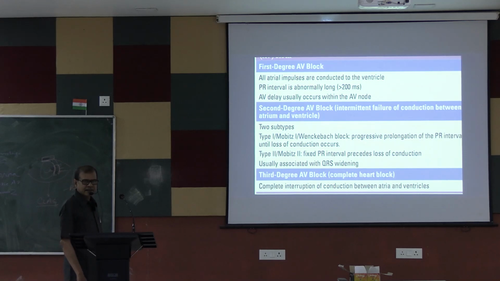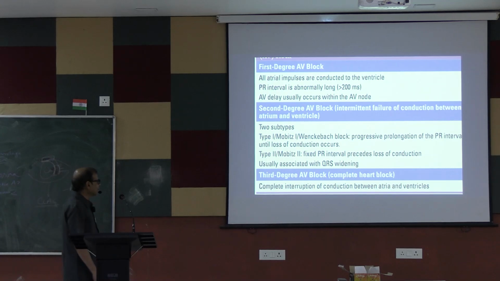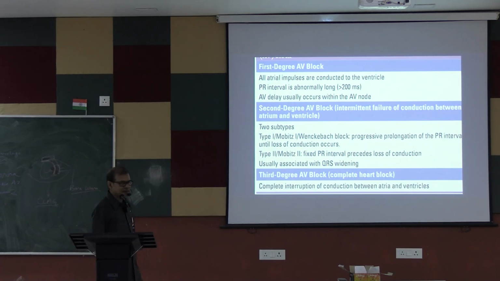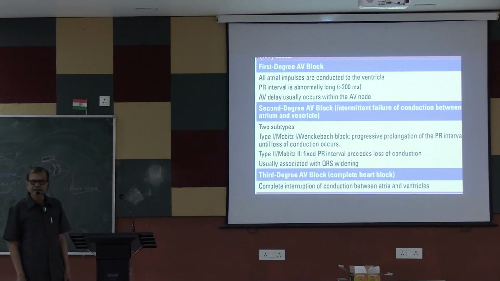ECG manifestation is prolongation of the PR interval. Second degree AV block, Mobitz type 1: progressive prolongation of the PR interval followed by drop of conduction. Then Mobitz type 2: fixed PR interval,